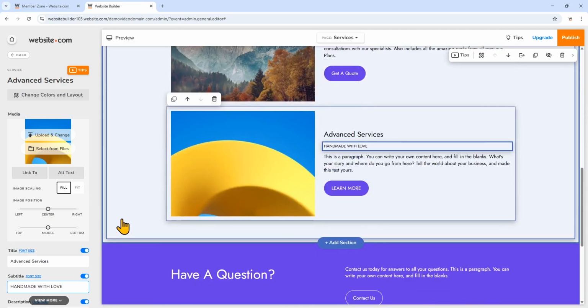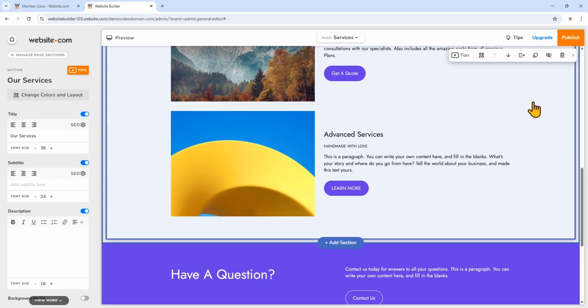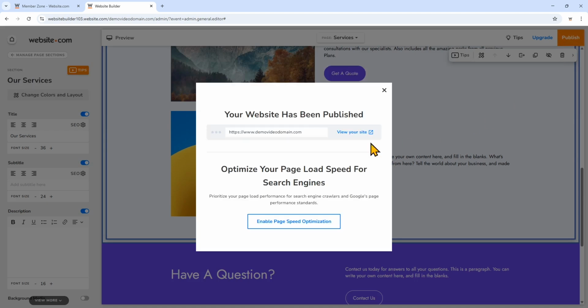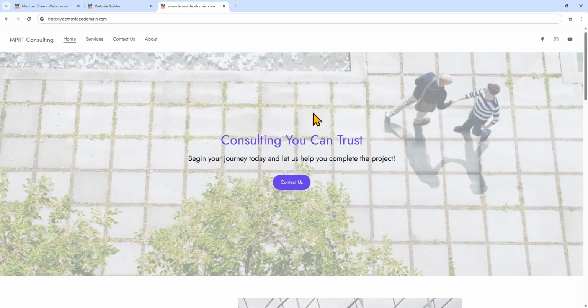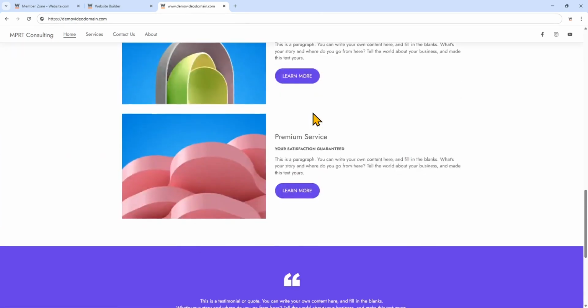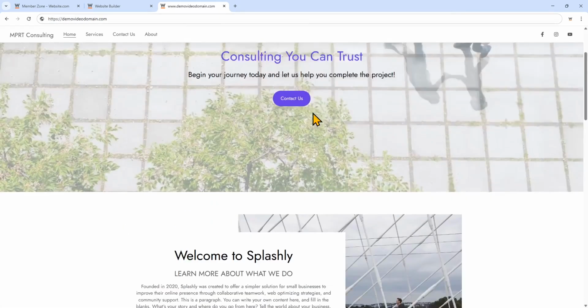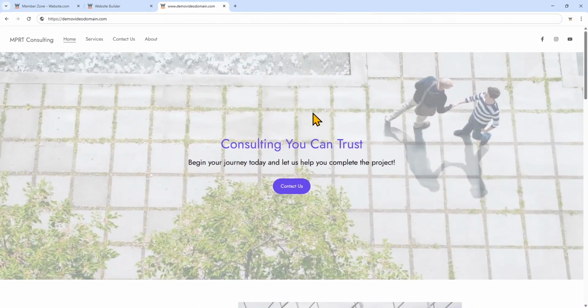So after you've gone through every page and customized all of the content, let's say you're ready to publish your website and make it go live. So let's click Publish. That's all it takes, and your website will be able to be seen by visitors all around the world. And if you want to visit your website, you can type in your domain name or click View Your Site right here. Now you can see you have a professional website, and even though it was free with your domain name, your website is completely ad-free, giving you a professional and sleek presence.